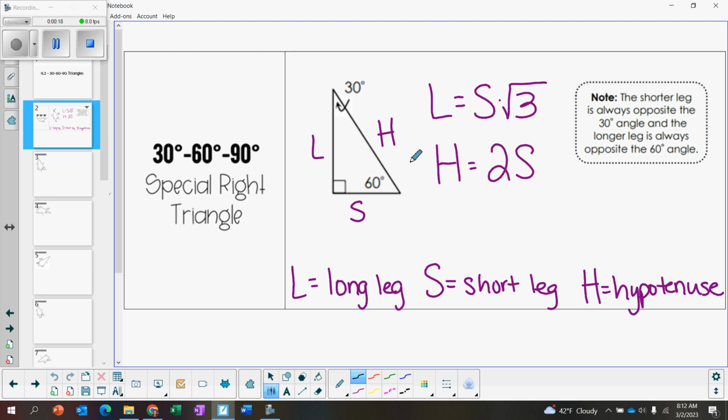And the hypotenuse won't change, that is still across from the right angle, but now we have a long leg and a short leg. The short leg is always across from the 30-degree angle. So if I look at where the 30 is and look opposite it,